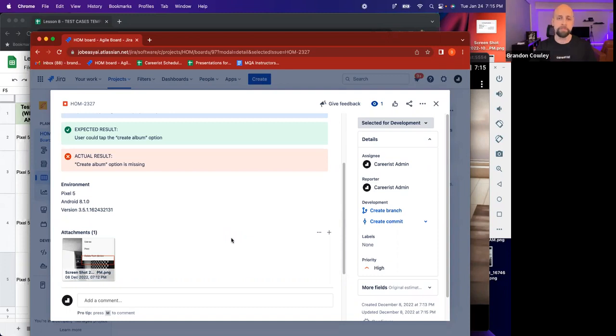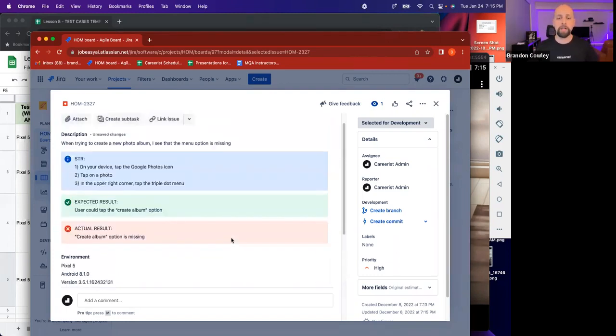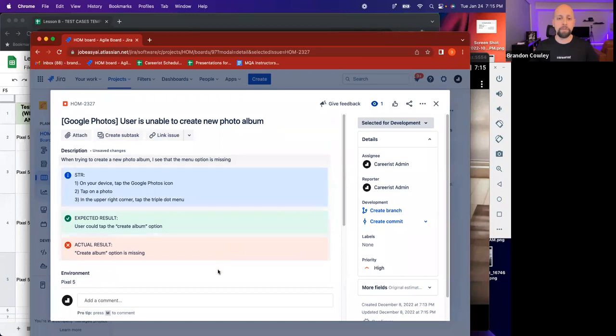I wrote a bug report, sent it off to the engineers, and I heard back, hey, actually, this is working as designed. Because of the limitations of blah, blah, blah, we're unable to implement this function. And so now we have changed our requirements. This is now working as designed. Okay, I didn't know this. Good stuff. So you can absolutely write a bug if you think it's supposed to work a certain way.